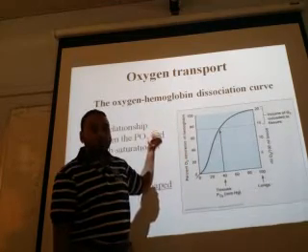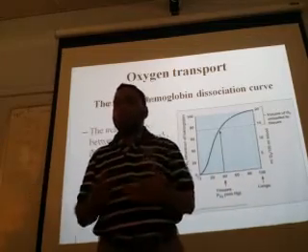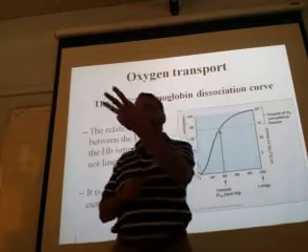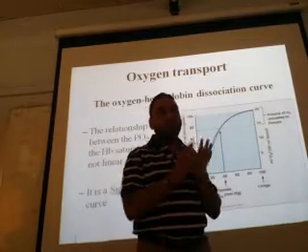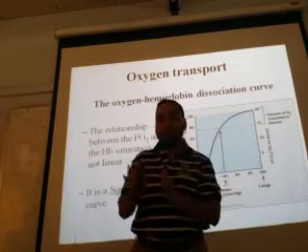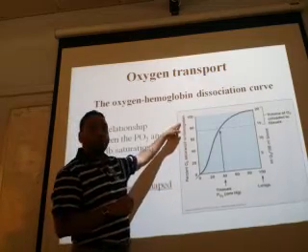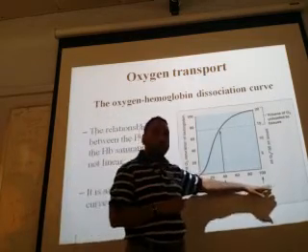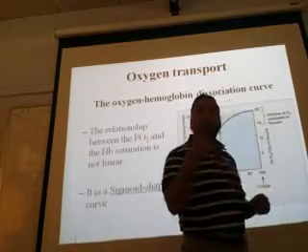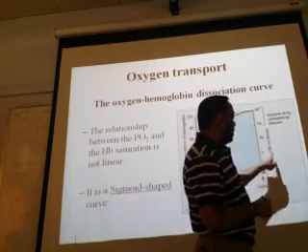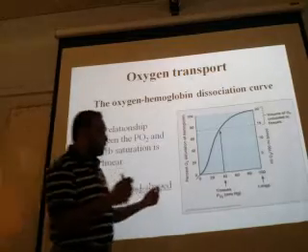Like I have shown you those pictures in which there is partial saturation and there is full saturation. Partial saturation means out of the 4 binding sites, 3 are occupied but 1 binding site is remaining, so it is partially saturated. Fully saturated, all the 4 sites are bound. So this shows percent saturation of hemoglobin, this shows partial pressure of oxygen, and this shows concentration or how much is dissolved, in milliliters of oxygen per 100 milliliters of blood. Correct? Now we use this.